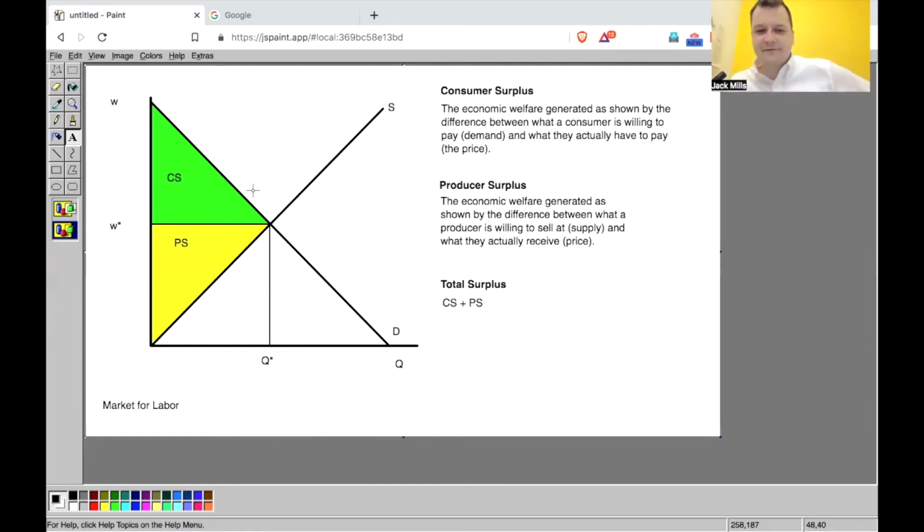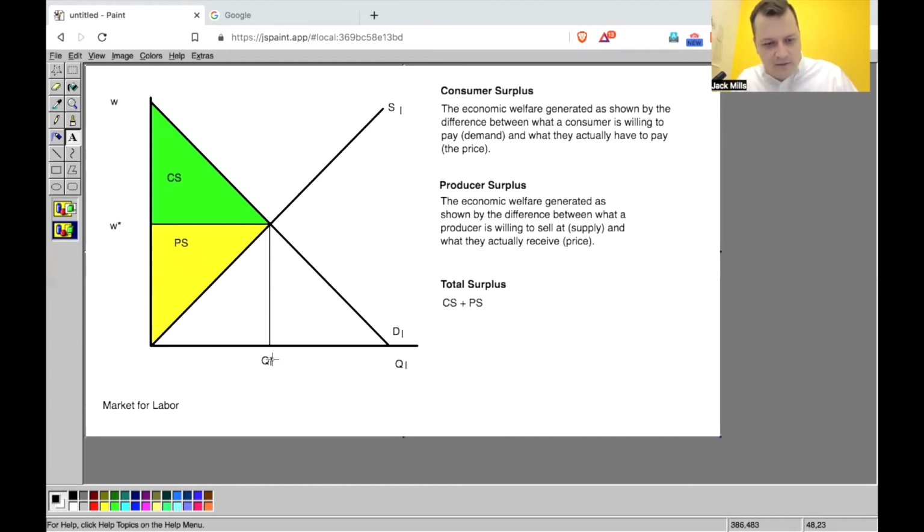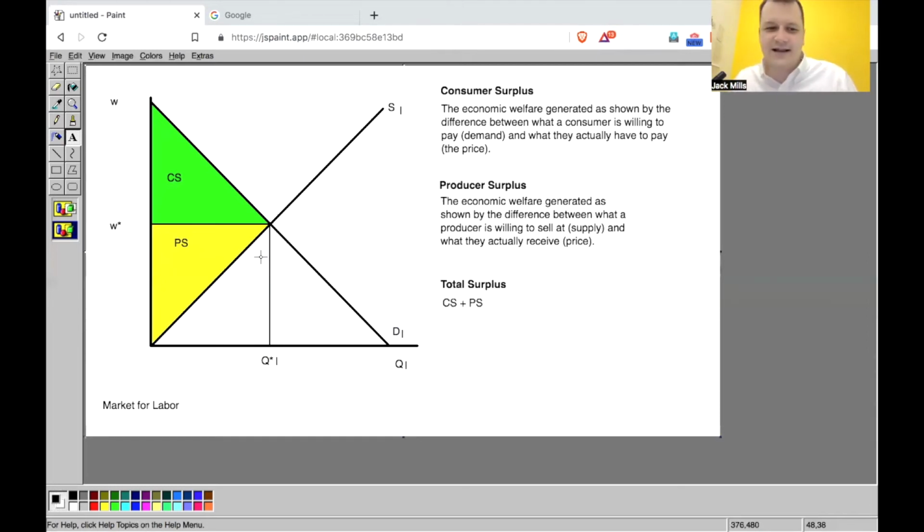So we've got a demand for labor, right? And we can give this a little subscript. We're going to call it DL. Then I'm going to label this SL. And then this is QL, quantity of labor. And then this is Q star L, my equilibrium quantity. Maybe let's try moving that over here. Oh, that's not perfect. You know, it's an art, okay? It's a science, but it's also an art. I'm trying to get the stuff to look nice, and it's not perfect. If I was doing this in Adobe Illustrator, anyway,